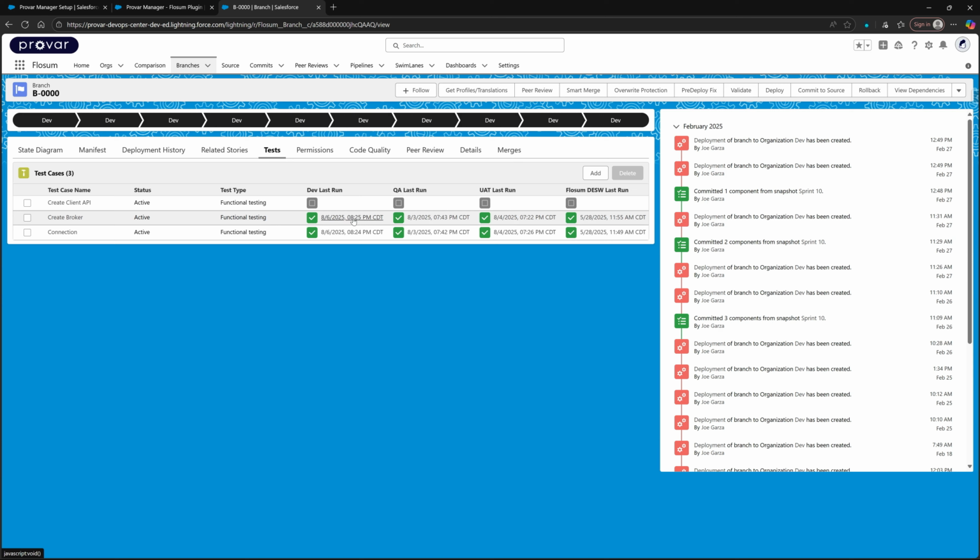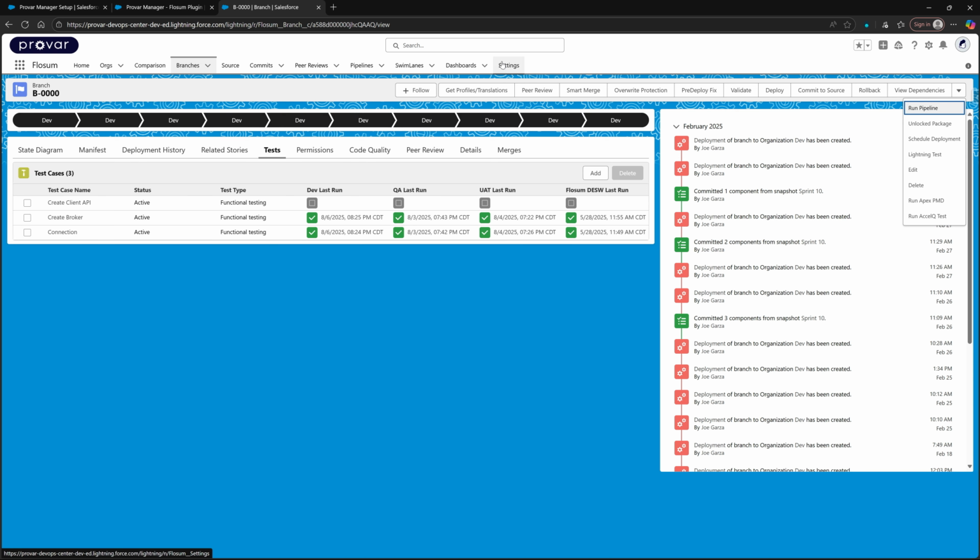Currently, this test case has no runs, but once we run the test case inside of Provar, we'll be able to see the run reports here for every environment. And we'll also be able to trigger this test case once this branch moves into a particular status. Let's say we want to actually run our pipeline and trigger this branch to be deployed on a particular environment. We could set up an automation that will run those test cases that we've selected that we've added to this